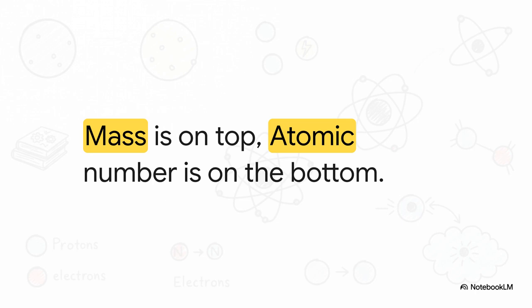Honestly, it's brilliantly simple. You take the large chemical symbol of the element and you place 2 numbers next to it. Down at the bottom, as a subscript, is the atomic number. This is purely the number of protons. It dictates the absolute identity of the element. If you change the protons, you literally change the element. Up at the top, as a superscript, is the mass number. This is the total weight of that heavy core we just talked about, meaning the combined total count of protons plus neutrons.